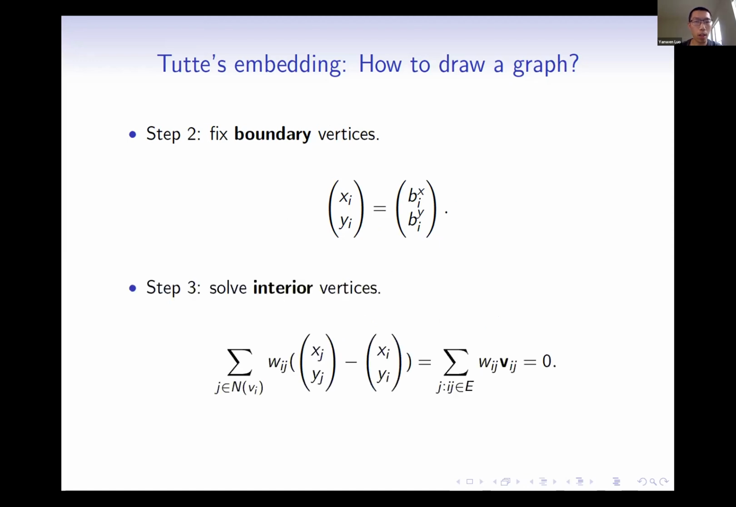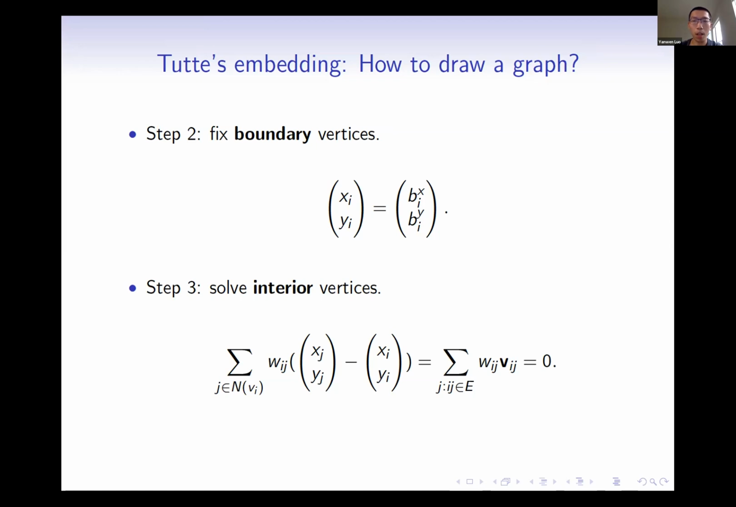And step 3 is we try to find where the interior vertices are. By solving a linear system for each interior vertex, we're going to have such a linear system. And if you look at this linear system, it essentially just says that the image of vertex i is always a linear combination, sort of a convex combination, of the images of the vertices in its neighbor. So this property can be regarded as sort of a discrete version of